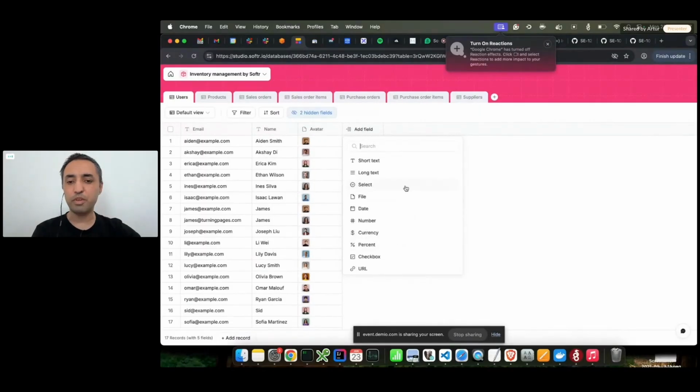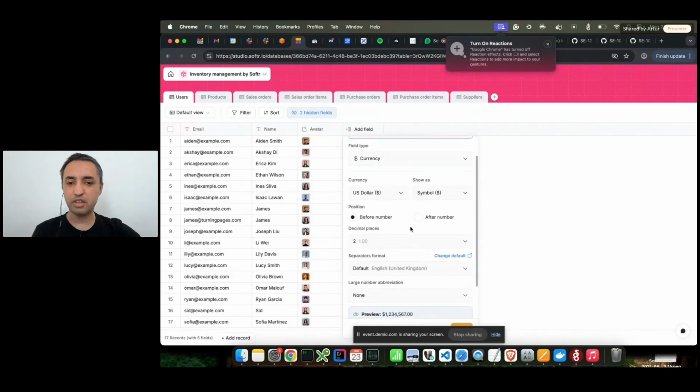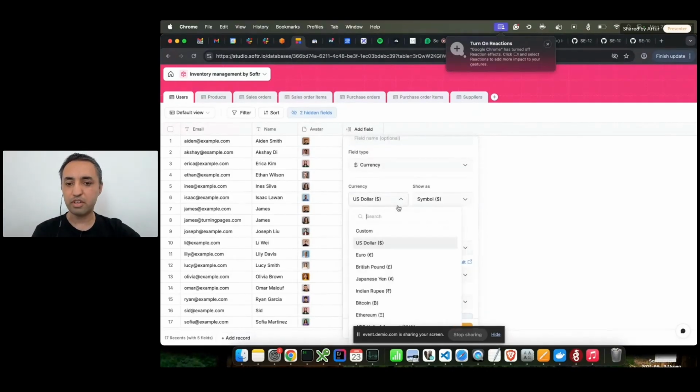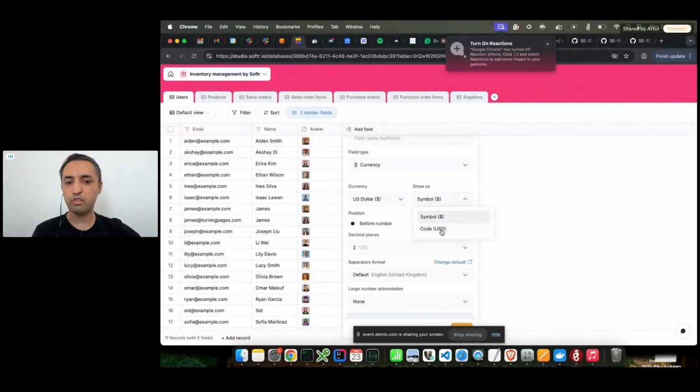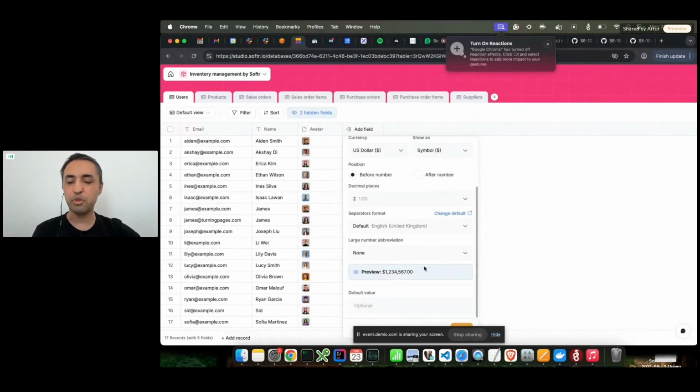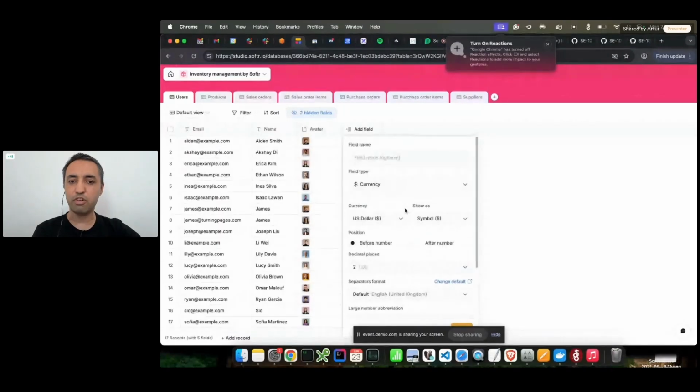What we are doing at the moment is, you would see that, for example, when you select the currency field, we started to add a lot of options. You can select different currencies we support. You can select if you want to have a code or symbol, where it should be shown, all the different nitty-gritty details, and the preview. Those are the areas that we are now fine-tuning, hardening all the fields and their configuration.